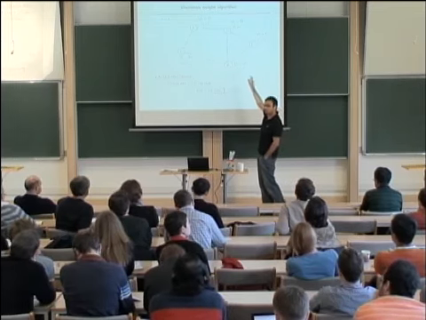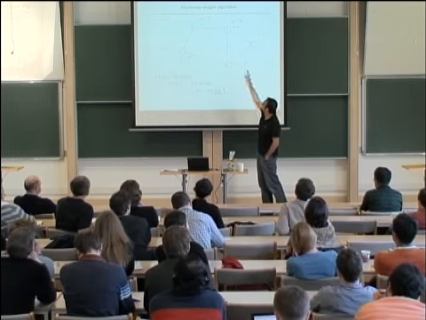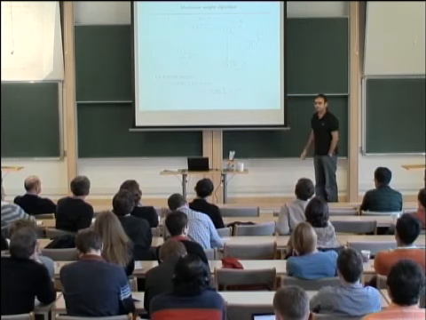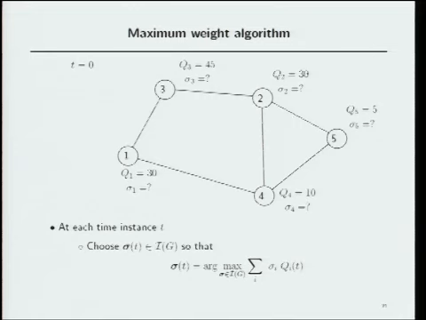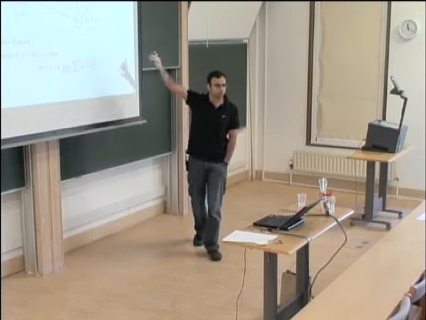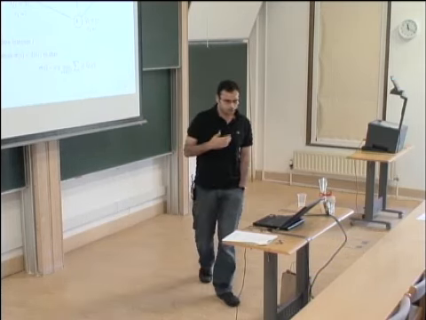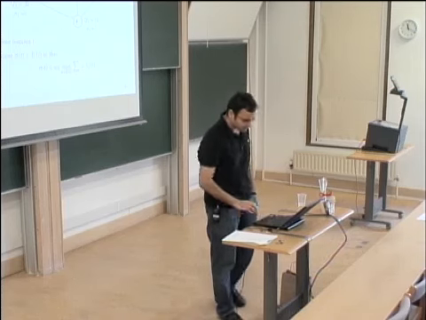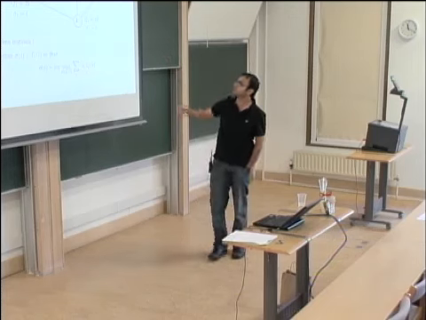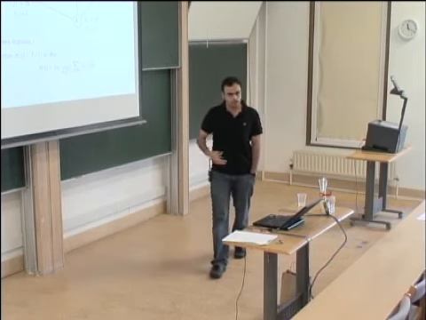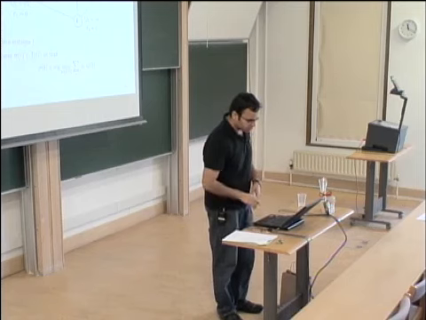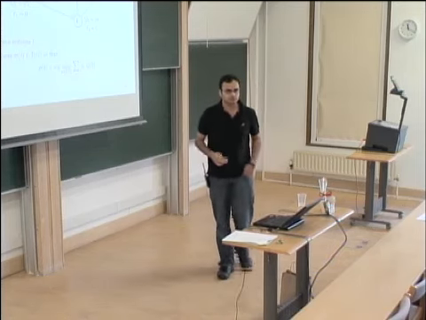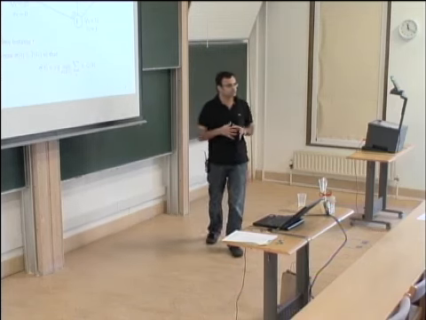Now, what is the weight of this option 1 and 2? It's the sum of their queue sizes, which is 30 plus 30, which is 60. Another option is serving 3 and 4, but their weight is 45 plus 10, which is 55, which is less than 60. And the way I have chosen the example, 1 and 2 is the maximum weight. So you choose that to serve, and hence your schedule will be 1, 1, and the rest are 0. Those are the transmissions happening. Over time, arrivals happen, departures happen, queue sizes change. So you will change your schedule, and now you're transmitting as per this. So this is the max weight schedule.